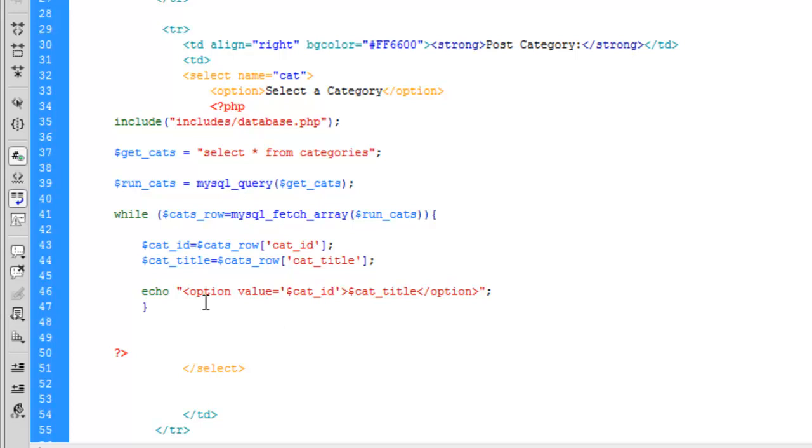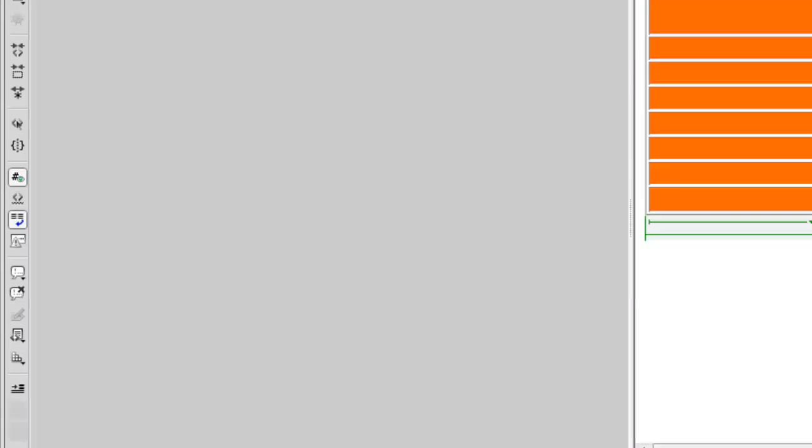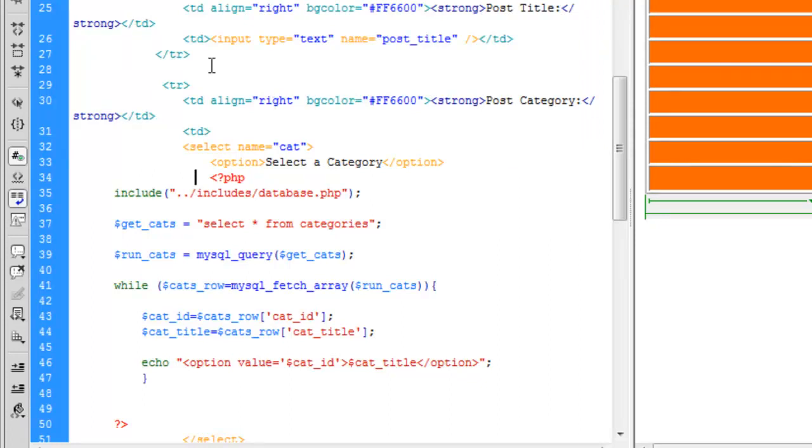Option value underscore cat title. Oh my god, I think we have some problem. Actually this includes folder is outside this directory, outside the insert page. I guess, yeah, that is true. My guess was true